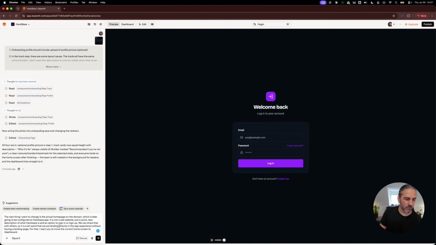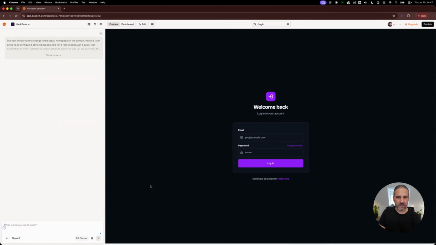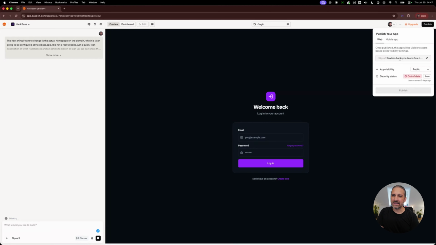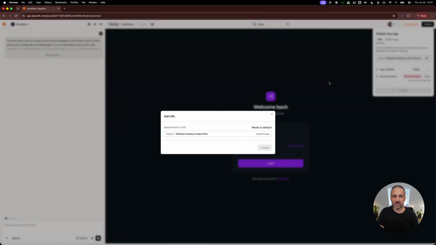Ensure that all redirects are corrected appropriately, especially the ones regarding authentication and onboarding, etc. Right? So that makes it possible that when I register a domain here, I can actually show them a real homepage and it doesn't look so weird. Oh, let's change this URL already to Hackbase. We could actually leave it on